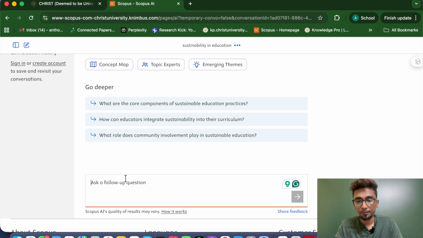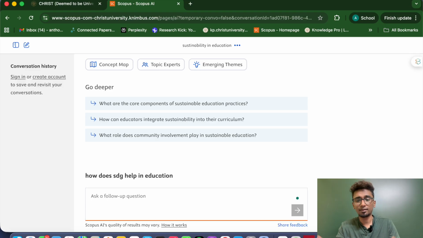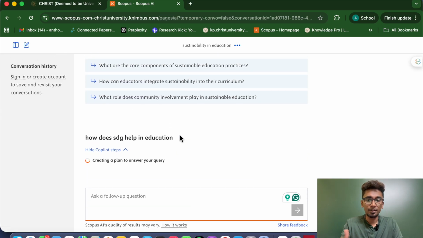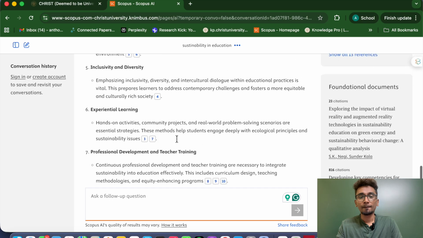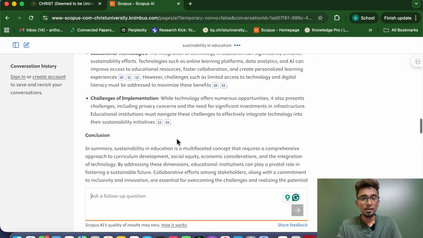Now let's say, how does SDG help in education? This is just a random question that I generated. So you will be still, it'll again generate results related to it. So how does this entire